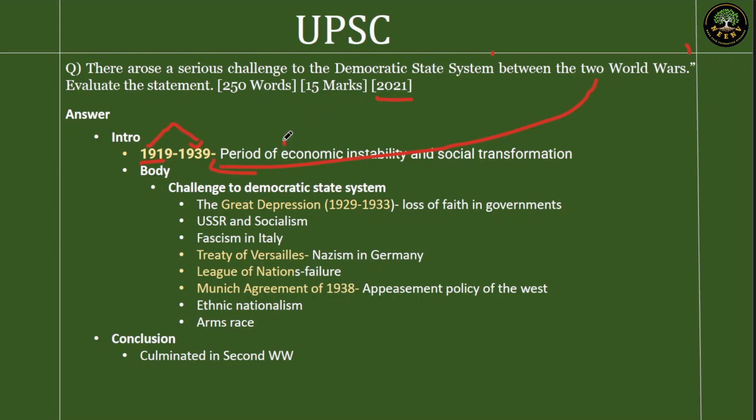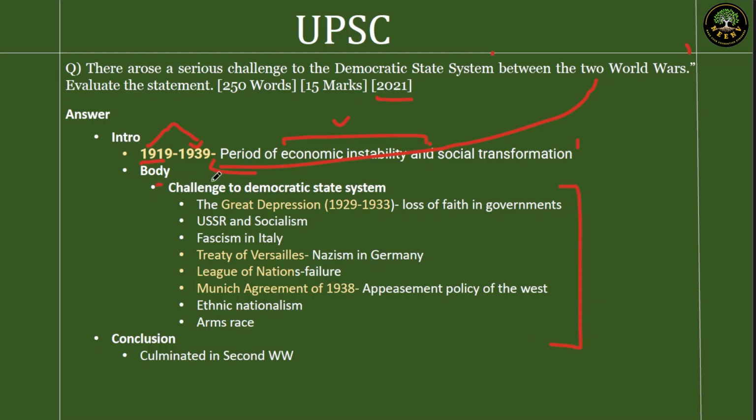One is economic instability. We'll explain that in the body part, but we'll give this keyword here. Of course, after a war, you will have economic instability. Treaties like the Treaty of Versailles are being signed. Second, it is a time of social transformation. Every time you have a devastating war at the scale of World War I, it leads to social transformation as well. Any kind of social impact will be very sensitive because the society will be very vulnerable. So these two keywords can be given here, then we can go to the body.